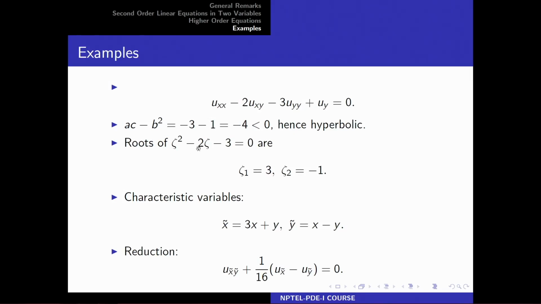So, in this case the roots are real and distinct, they are zeta 1 equal to 3 and zeta 2 equal to minus 1. So, you do get two families of characteristic curves. I am omitting that part. Again you solve two first order equations and we get these new variables, and then the given equation reduces to this